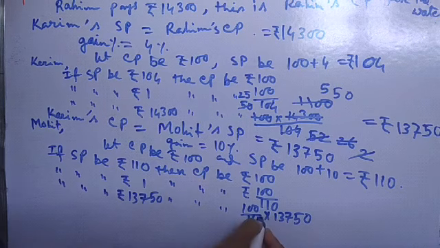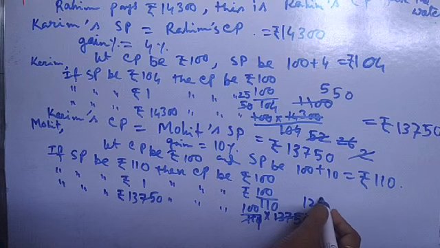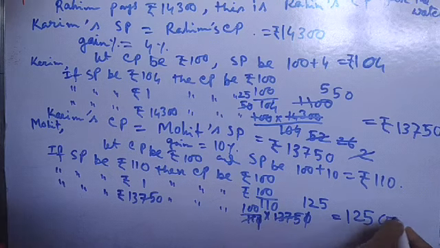This will be, then zeros will be cut, then by 11 it can be cut, 11 1s are 11, 2 27, 11 2s are 22, 5 5, that means 55, 11 5s are 55, that means 1 2 5, then these 2 zeros, this is,